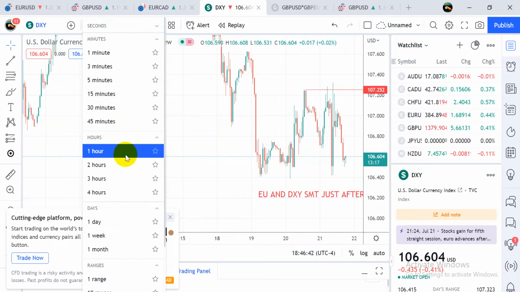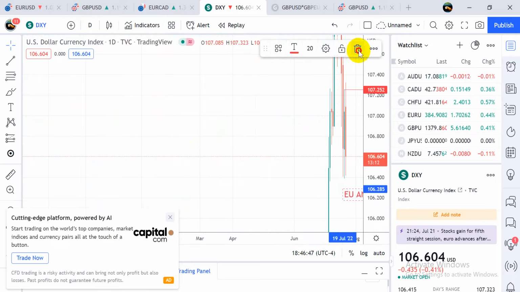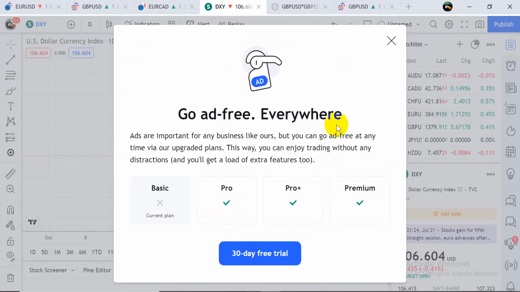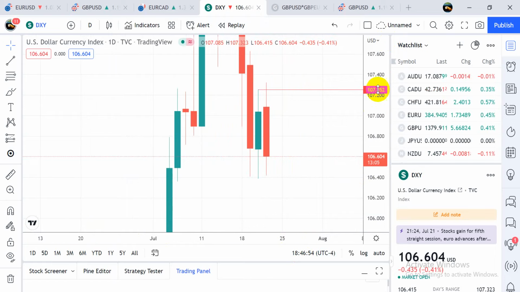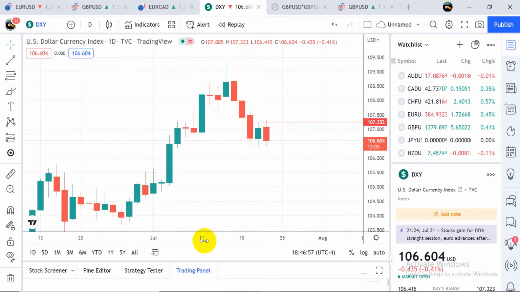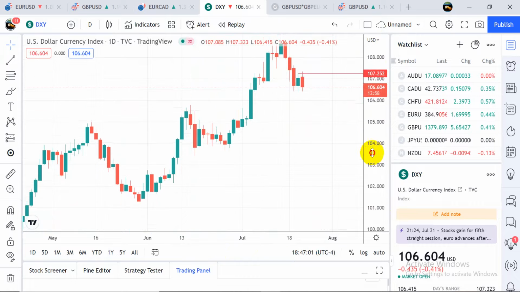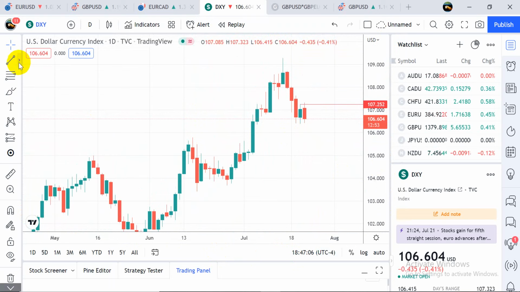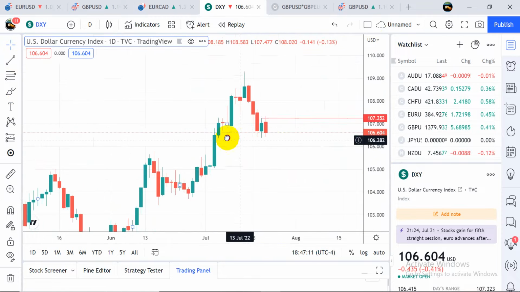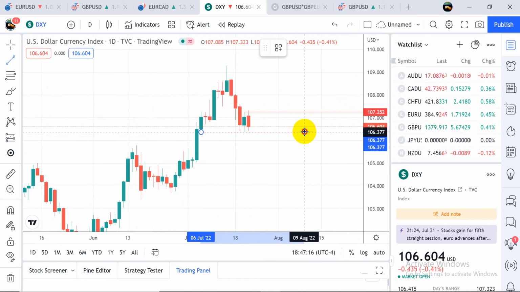So let us look at DXY on the time frame. Let me take this off. Okay, so for DXY, we have a similar outlook, just like in Euro USD. Here we have the fair value gap here. Okay, we have our fair value gap, this low here,